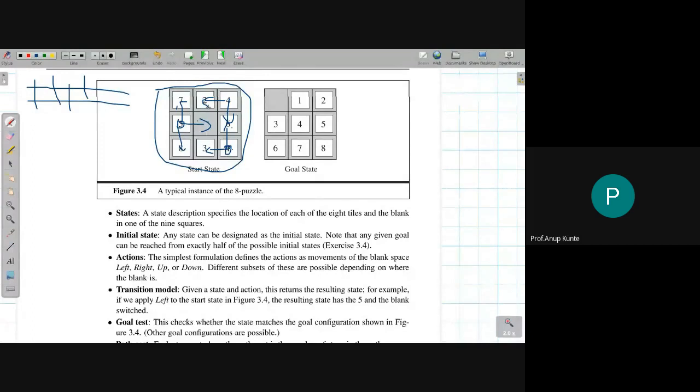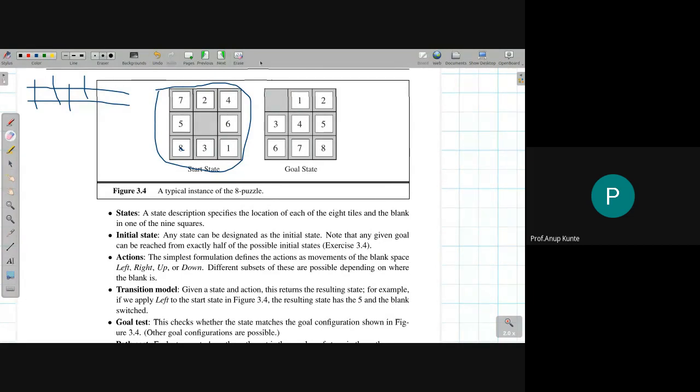formulate a problem that later can be solved using a problem solving agent, I should be able to understand कि ये मुझे सब करना पड़ेगा. I should be able to predict, given a particular place where the space is, what the valid actions are. Third thing I should define in my transition model is, given a state, what are the possible next states? I should be able to generate them. तो मेरा transition model में वो information store होना चाहिए.